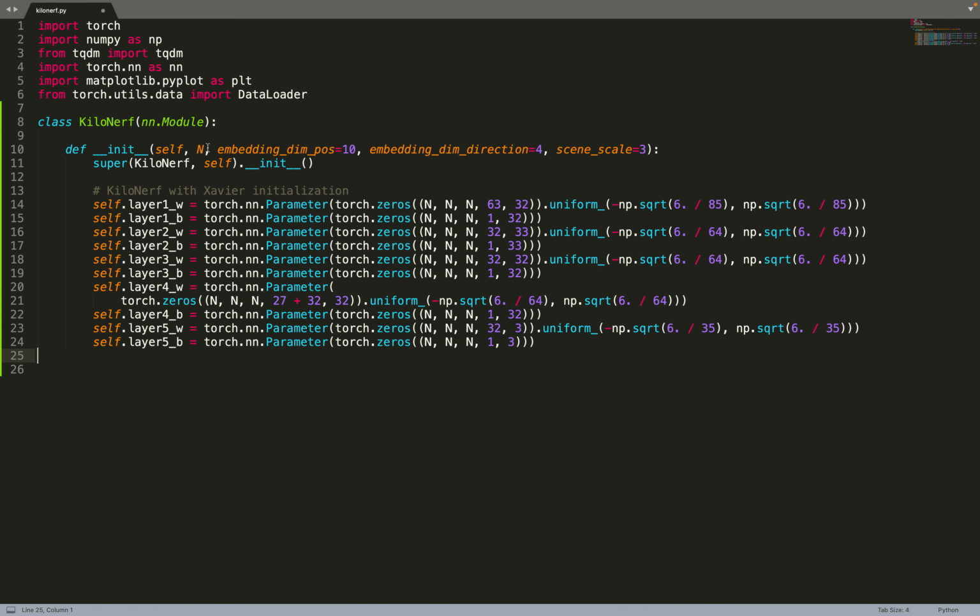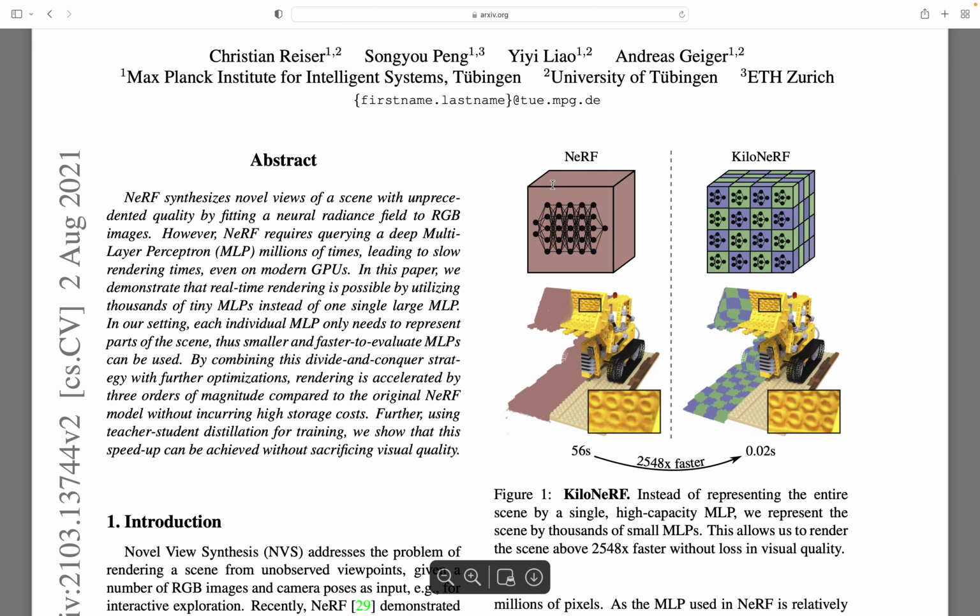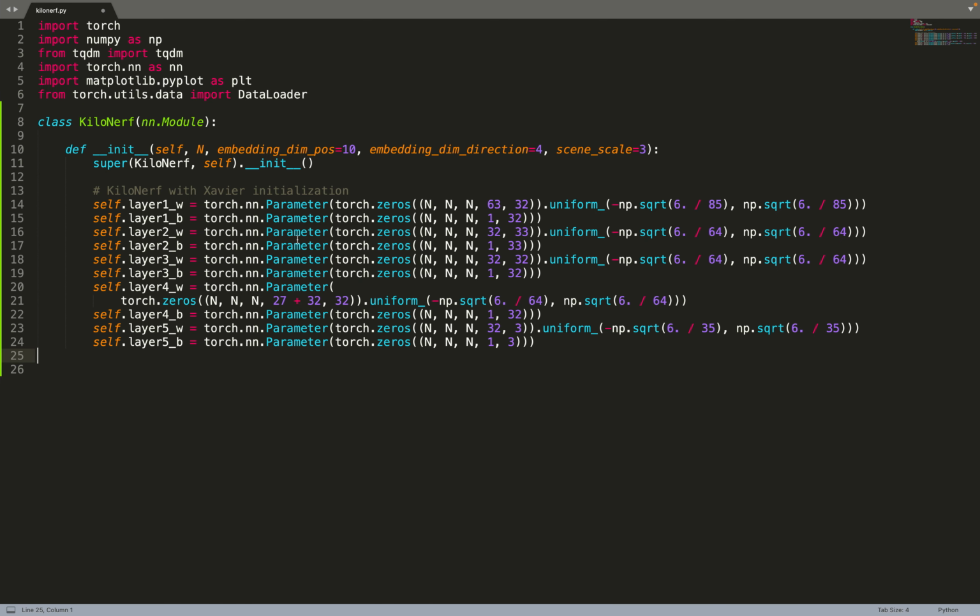But if you do that without custom CUDA kernels, it will be very difficult to query all of your networks in parallel. That means that, let's say you want to query the networks for 2 cells. Let's say that you want this cell and this cell, and you want to query the networks in parallel. You cannot do that very easily with PyTorch. Of course, there are ways to do it. But in order to do that very easily, I've decided to implement the neural network myself rather than using nn.Linear